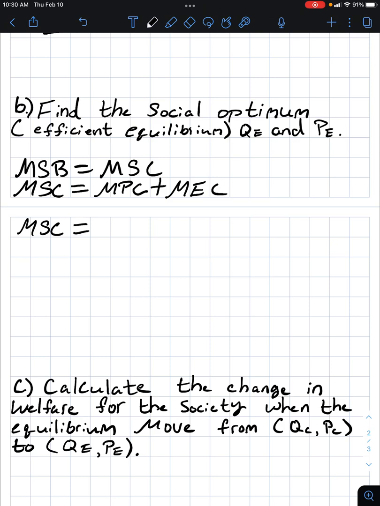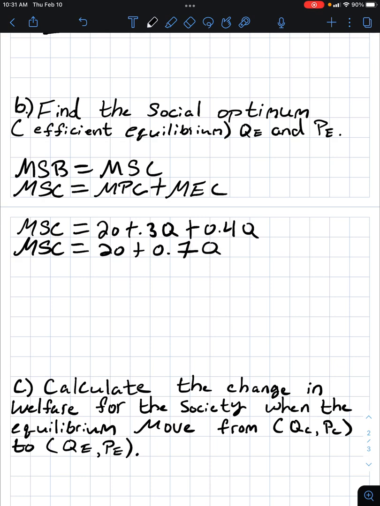So we'll get marginal social cost equal to 20 plus 0.3Q plus 0.4Q, and this will give us a marginal social cost equal to 20 plus 0.7Q. Now that we have our marginal social cost equation, we just set our marginal social benefit equal to our marginal social cost. So we get 800 minus 0.5Q, our marginal social benefit, equal to our marginal social cost, which we just solved for, 20 plus